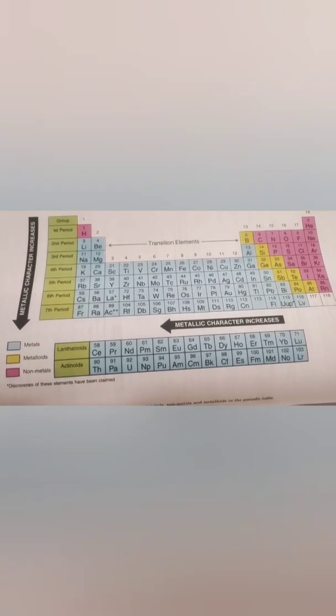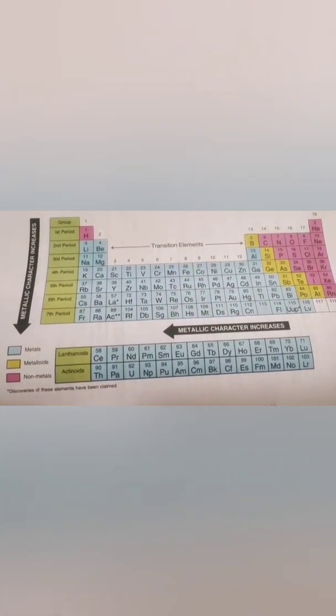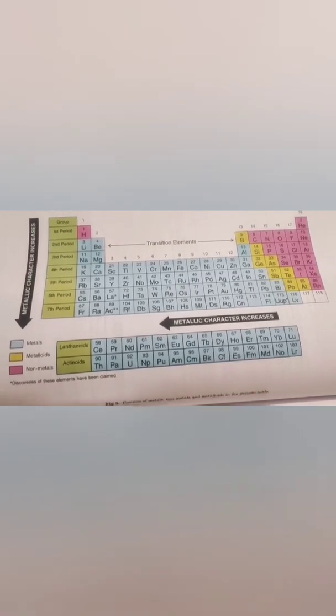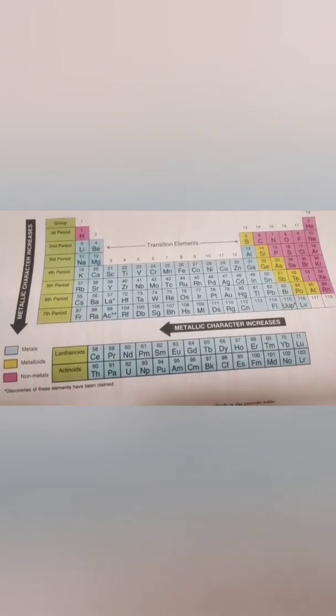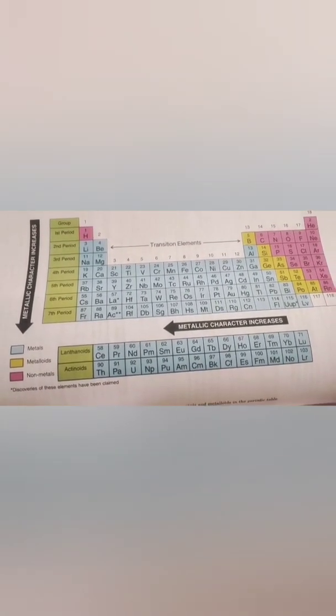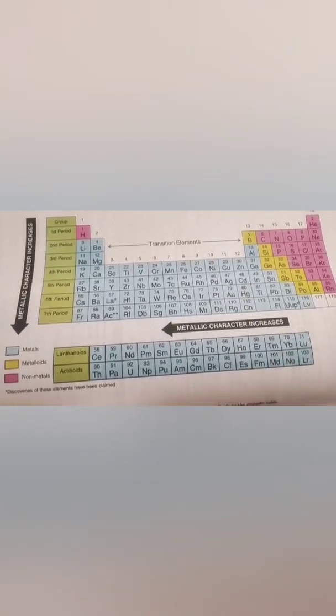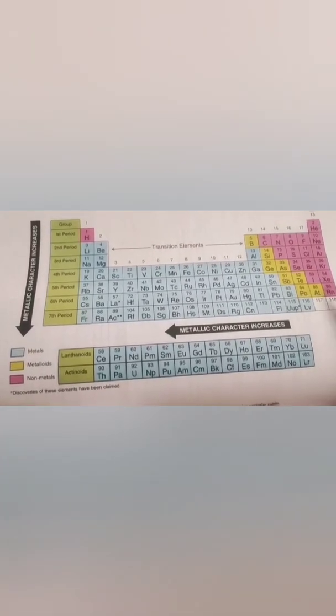There are some trends: ionization enthalpy increases when we move from left to right across the period. That means we will have to apply more energy to these atoms so that the electron may be removed. This is because when we move from left to right across the period, the atomic number increases, and that increases the positive charge in the nucleus. The nucleus becomes more powerful and attracts the electron more strongly, so we have to apply more ionization energy to release the electron from the outermost shell.